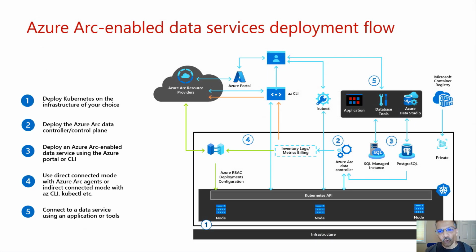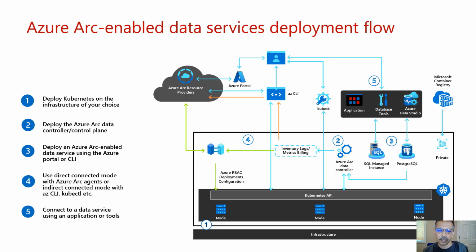So first, before we dive into the overall architecture, let me explain how a SQL managed instance workload is deployed in Kubernetes or Postgres. The way we architected Arc-enabled data service to meet the requirements is to provide a local Azure Arc data controller using that same controller pattern I mentioned to operate all the needed management capabilities required by our data services, even with or without connectivity. So this service can run in a connected mode and can use a lot of the Azure services combined, but it can also run quite effectively in a disconnected